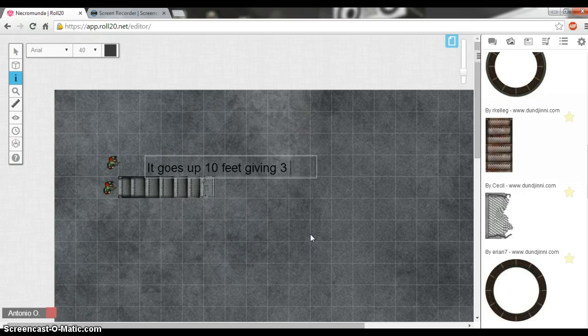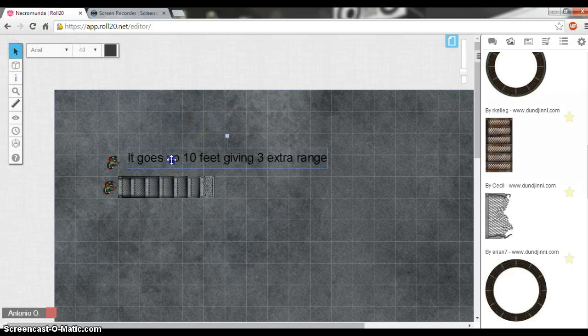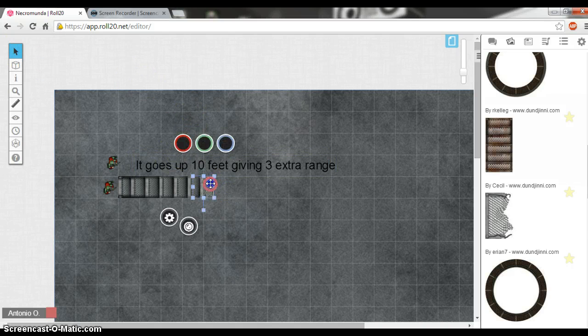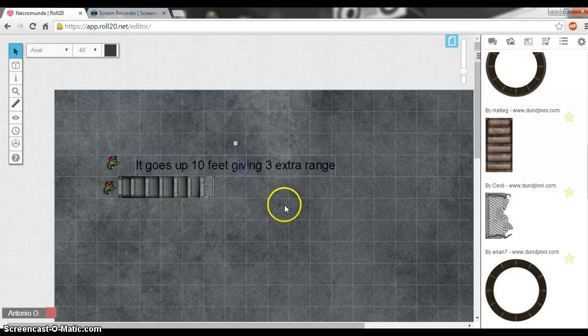It's like giving 3 extra range or something like that. And it's like, there you go. So now you know this staircase goes up on an incline of 10 feet, giving 3 extra range to whoever's standing